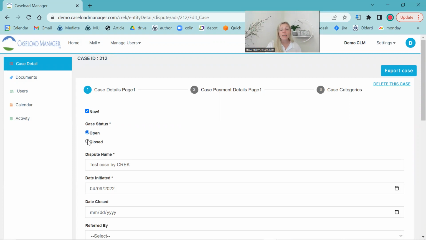This is important because if you are starting every case as closed, then the system never has that opportunity to delete the PII. Okay, so that is your very quick intro of your general settings. All right,